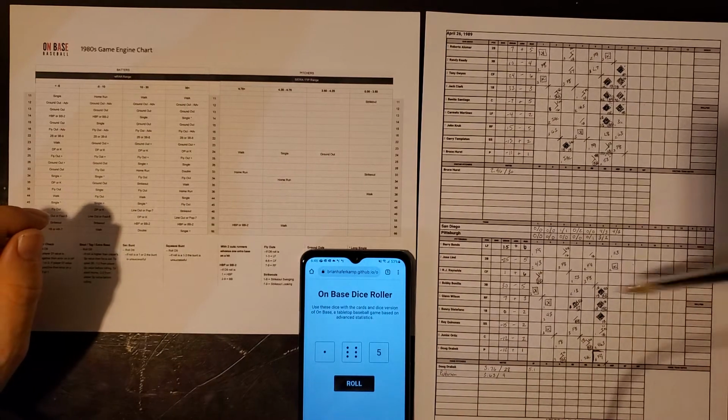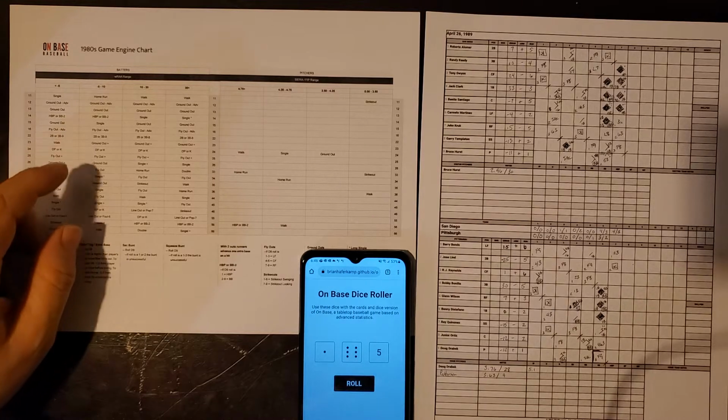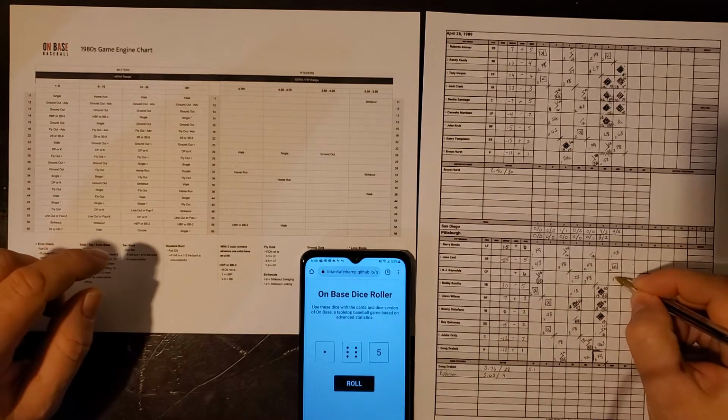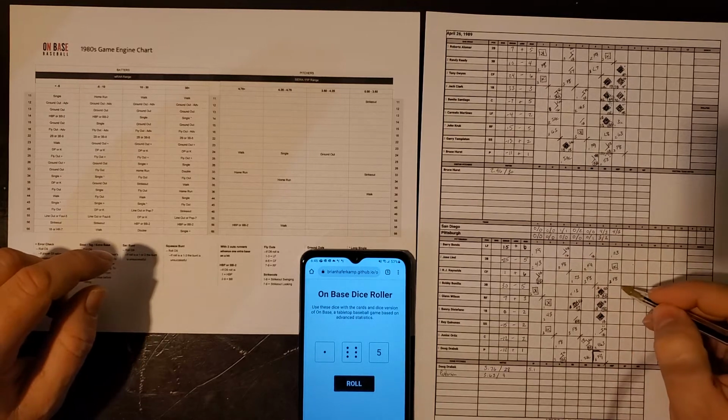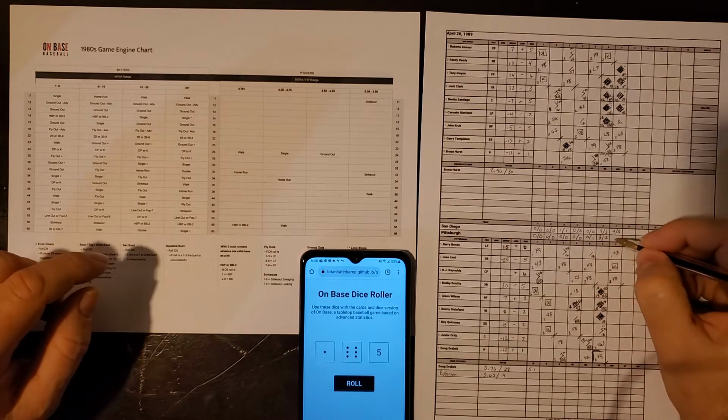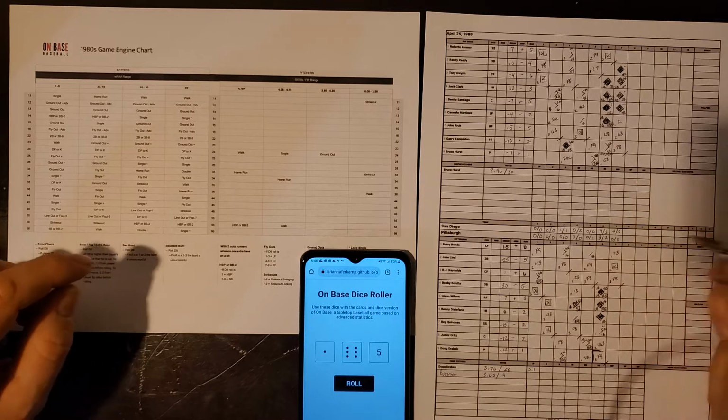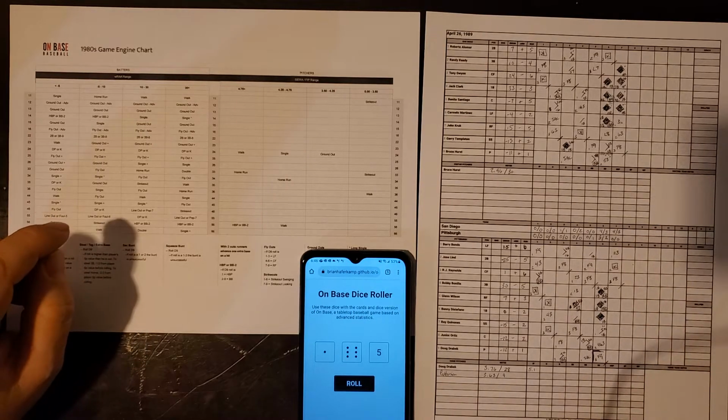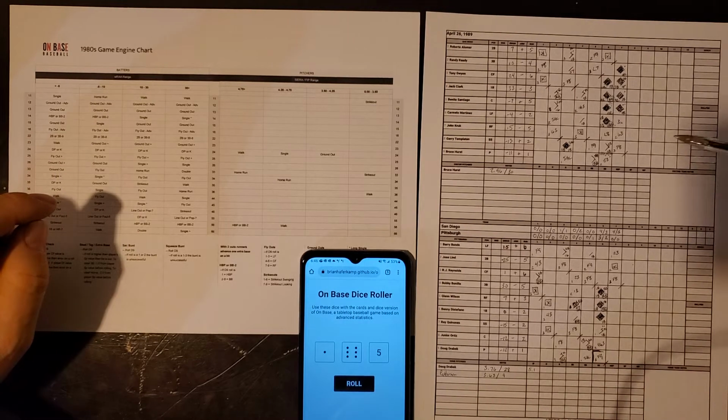A 1-6 to Reynolds, who is a 1. It's going to be a fly out to center field. We'll touch on stamina in just a minute because we're going to run into that eventually with him. But 1, 2, 3 go the Pirates in the bottom of the 7th inning. So San Diego up 9-3 as we head to the top of the